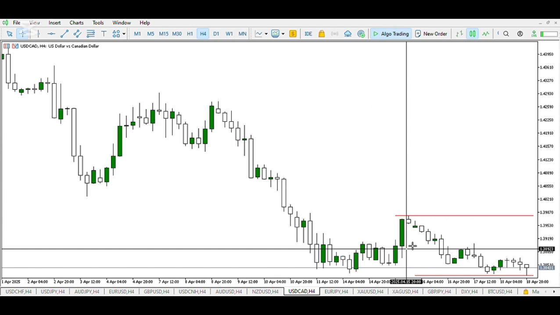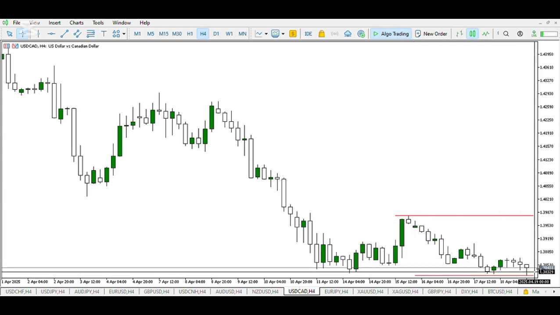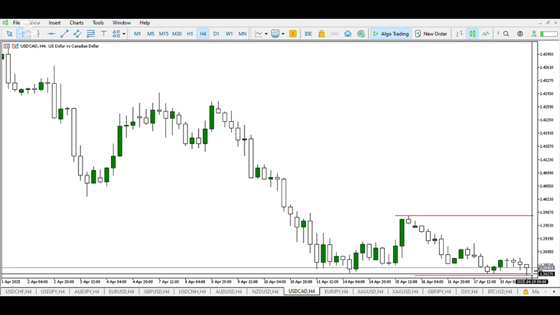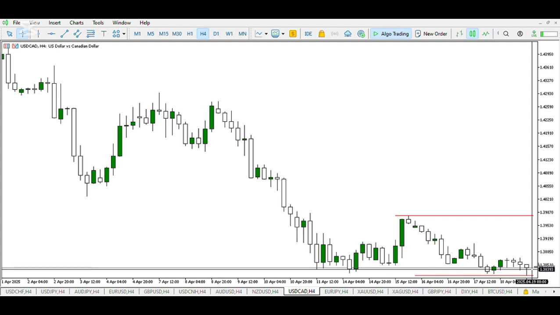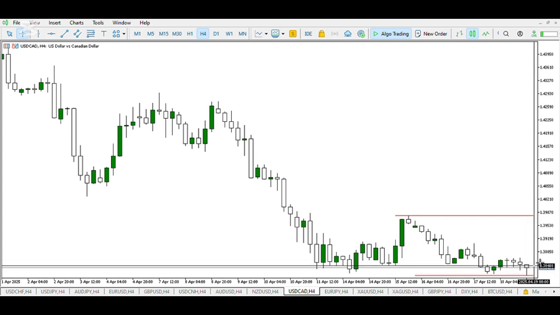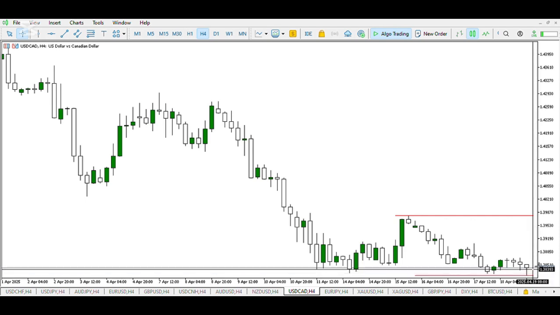USD/CAD, we can see price consolidating near the low of the previous week. So once the market opens and if this low is taken out immediately, we invalidate the setup. However, once the market opens and there is a consolidation within this range, then after market takes out this low, grabs the liquidity